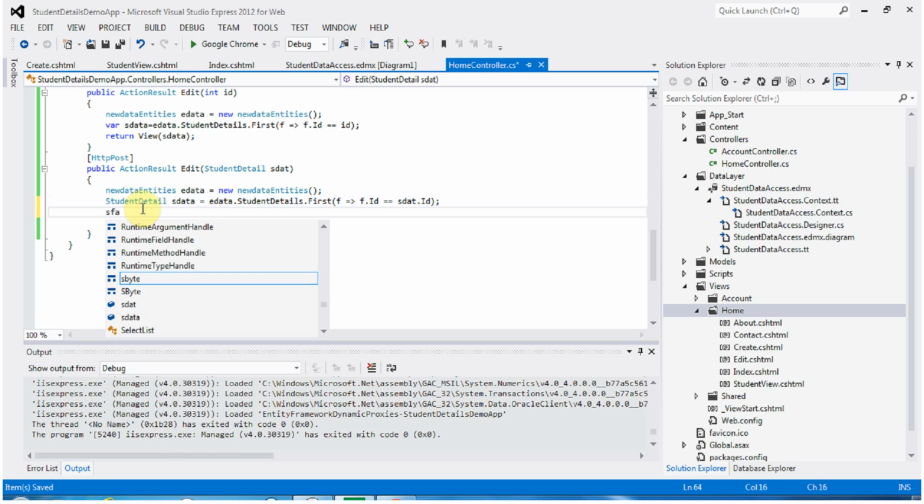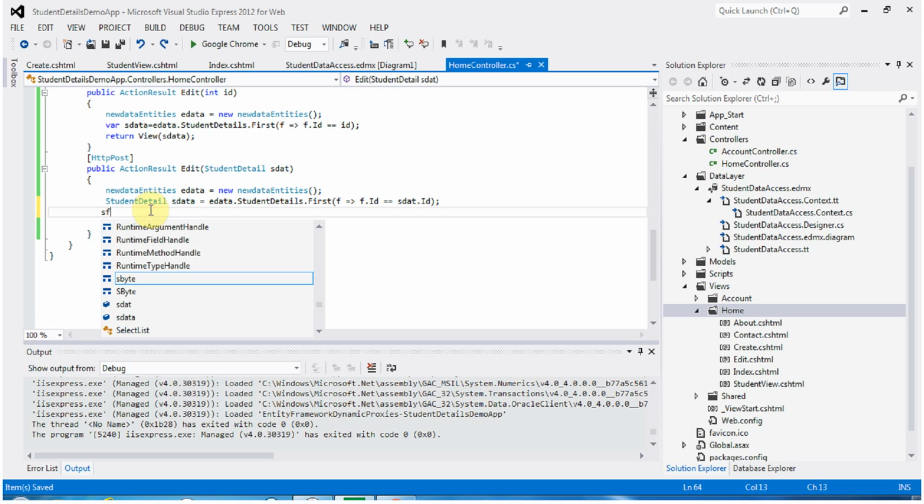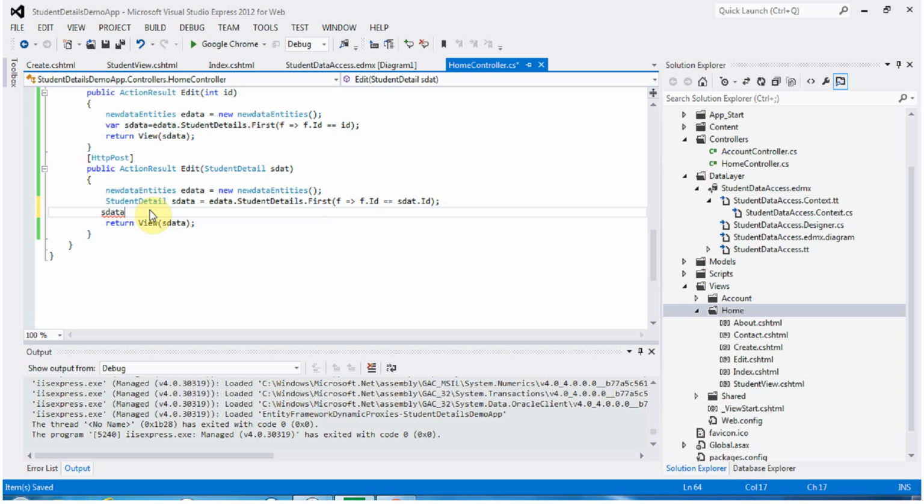Yes, so now we got the matching one. Now we're gonna set yes data dot last name equal to